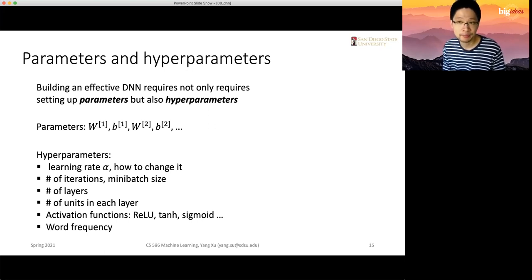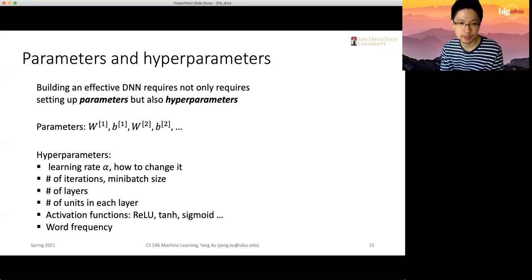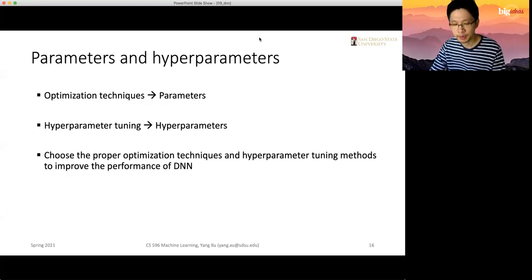Of course, learning rates can be adjusted during the training, but it's not determined by the gradient descent algorithm. It's not like we receive some gradients for the learning rates. It's just manually changed according to our experience and our empirical results. And other than learning rates, we have a ton of others, like mini batch size, number of layers, what kind of activations, right? So these hyperparameters,